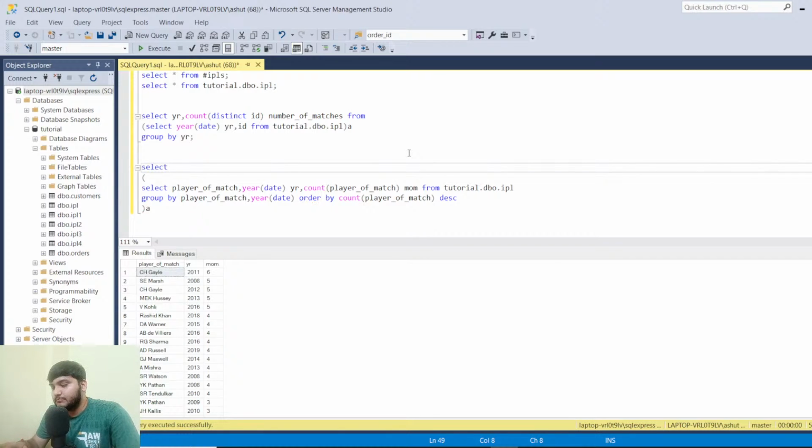Right here, select player of match, comma, year, man of match, over partition. So I'll be partitioning my data set on the basis of the year and order by on the basis of